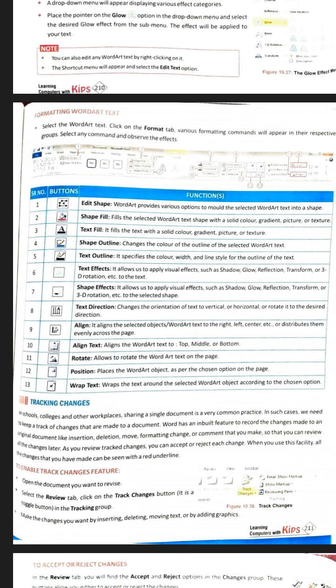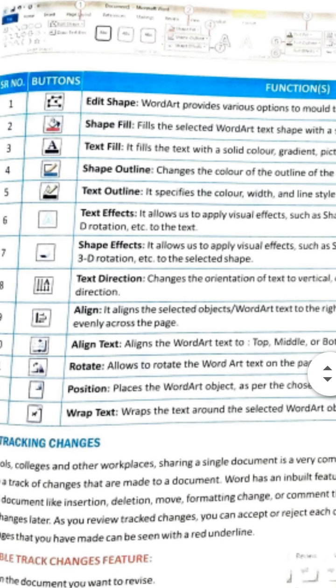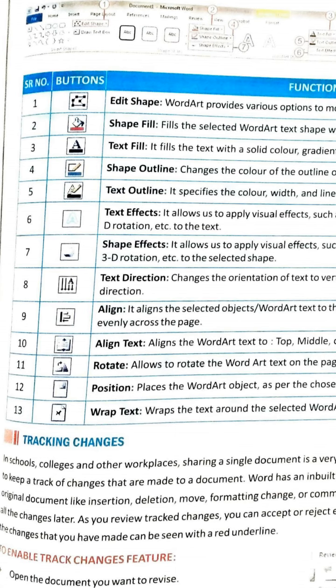You can format the word art also. For formatting, different buttons are given, you can see here in the table. For example, text direction, align text, rotate text, and give the color, shape, whatever. A lot of buttons are given, you can choose accordingly.